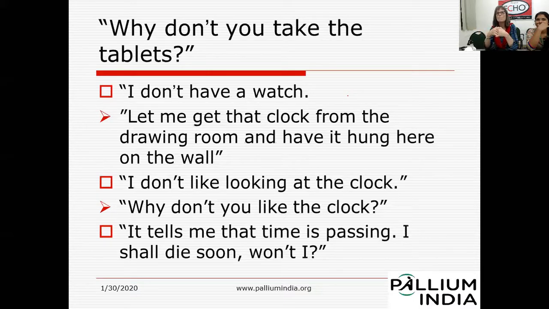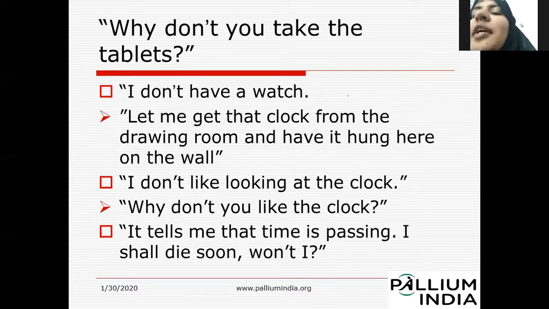Tell me, in India, why don't people take their tablets? Why, in your experience, don't people take their tablets? Scared of the side effects. Because they forgot to take it. They forget to take it? And what else did you say, Shareena? Side effects, because whenever we prescribe, they are scared of the side effects. The first question that comes around is about the side effects of the drug. Okay, so they've read the side effects, or people have told them the side effects, or they're worried that if it's an opioid it might cause addiction.